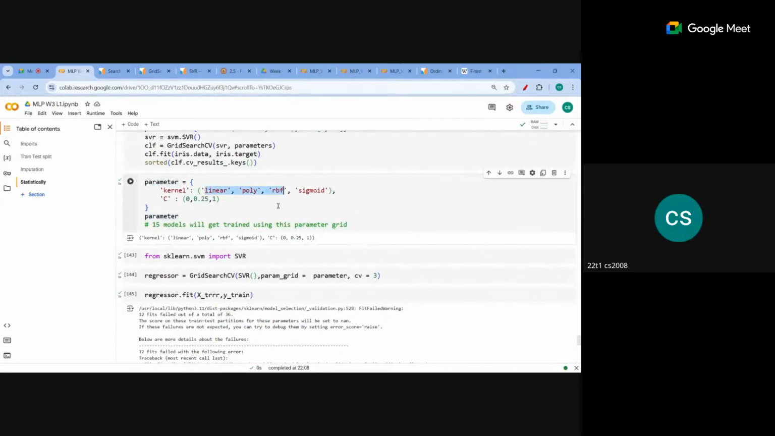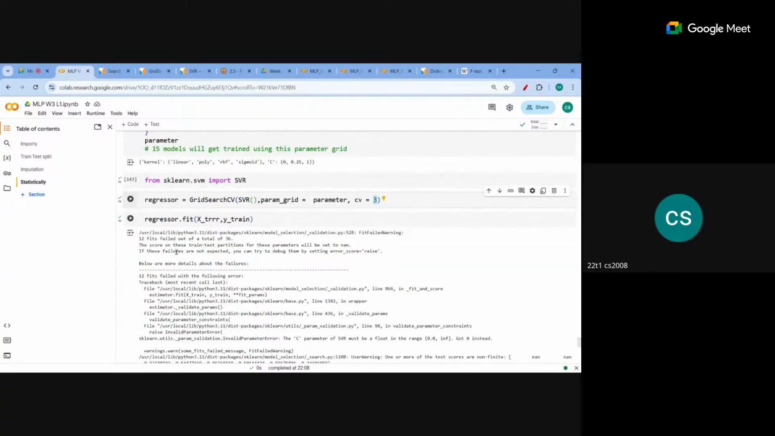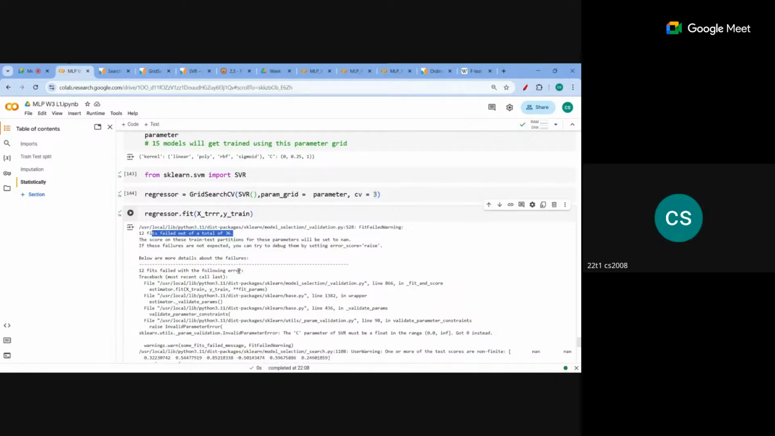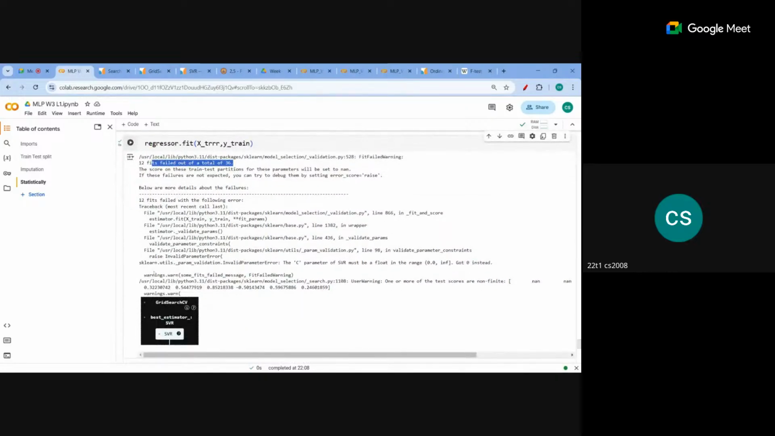Because I removed things. So you can see, let's say 1 2 3 4, 4 into 3 is 12, and 12 into 3 for cross validation. So that's why you got 36 total fittings. And out of that, 12 failed, and there could be some reasons like